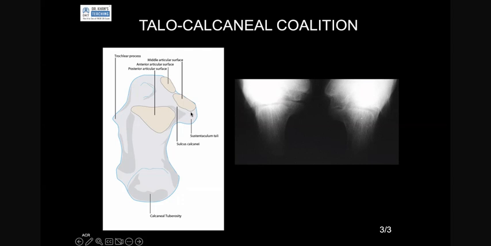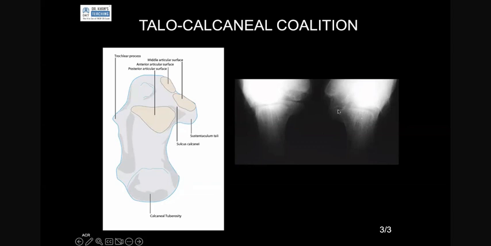The middle facet is sitting on this bone, which is known as the sustentaculum tali. So this is the posterior facet, this is the middle, and this is the anterior. Coalition is most common at the middle facet. And anatomy-wise, on an axial, this is the sustentaculum tali. So this is the middle